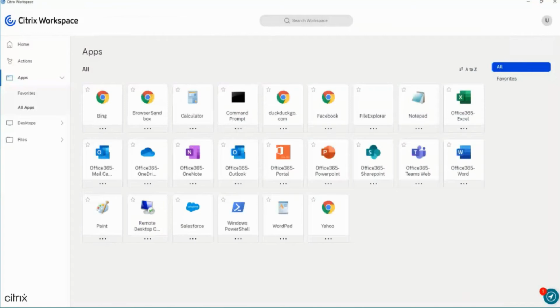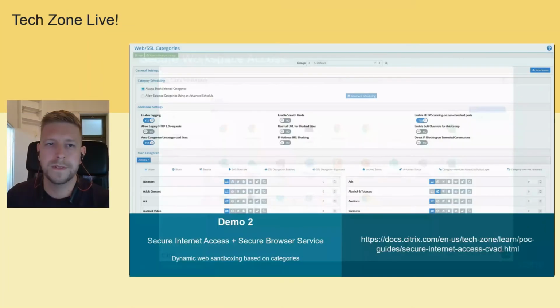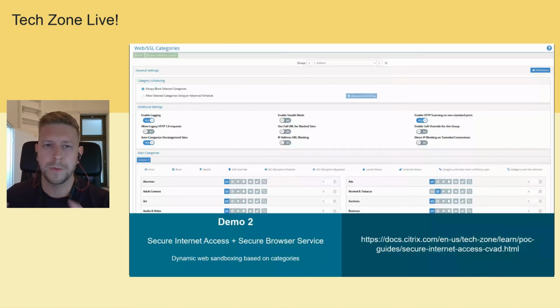So if you think of the scenario of an HR system, if you have that as a SaaS service, then you might want to apply some additional security controls around that, and that would be the perfect use case for that. If we move on to the next demo, which is all around sandboxing and providing different ways of